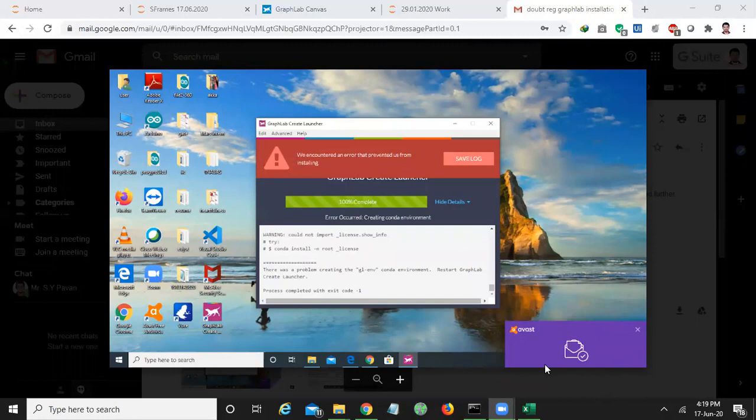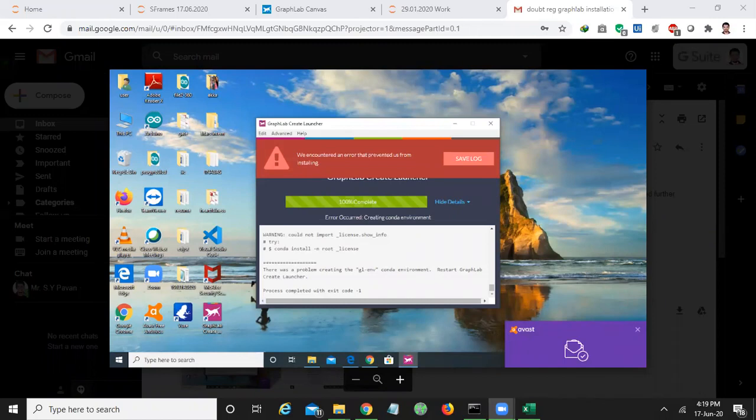Is that clear? Then what you have to do is check whether Jupyter Notebook is running or not. That is the first step. I'll write the steps here again.